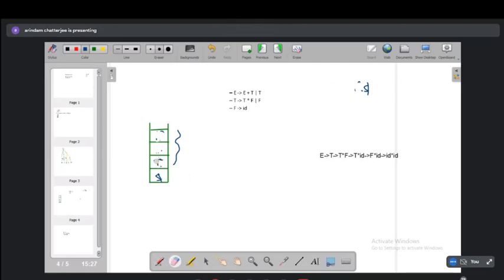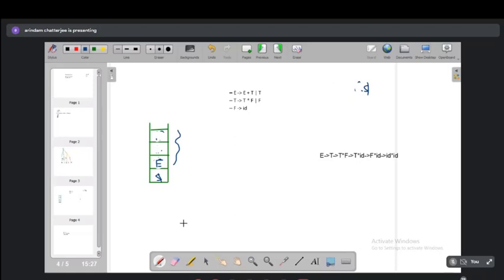Okay, so now we have this, and from this we'll go to T. Yes, right. So we'll have E, and basically this is the starting symbol. So we have got E as the starting symbol, and dollar will match. Okay, so we have traced the rightmost derivation in reverse using the stack.